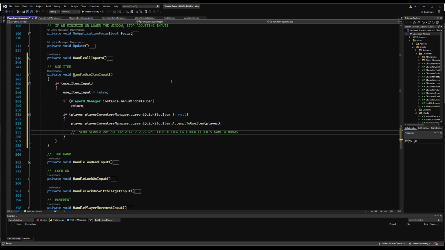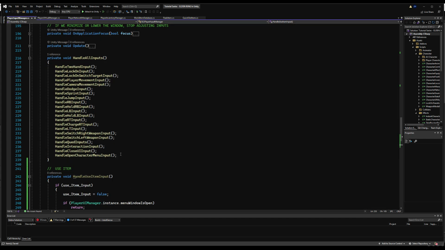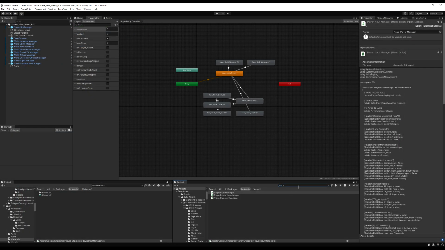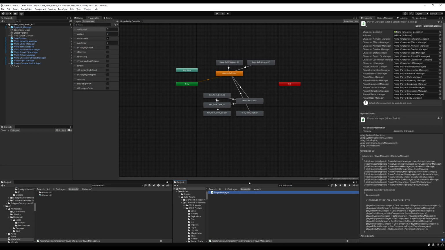So send the server RPC so our player performs item action on other clients' game windows. Save that. Now, under handle all inputs, drop in your new function for handle use item input. Cool. Gonna save again. Gonna go back to the project window now and search up the player manager,